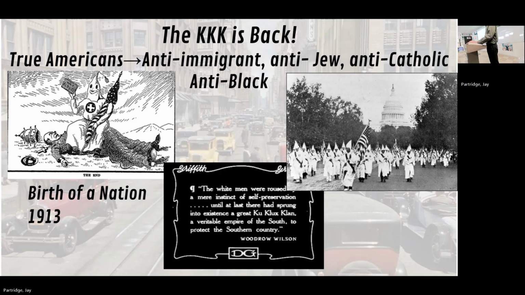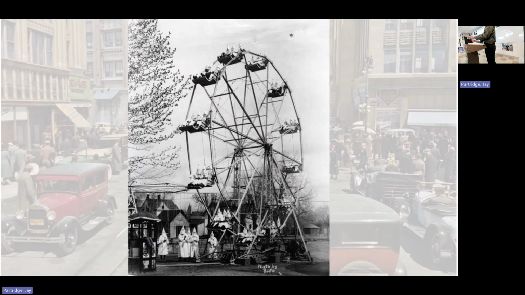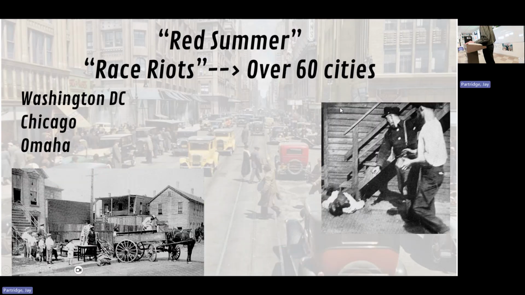So, what will this trigger? It is tied to the Red Scare. It's very much the same kind of people who were involved in the Red Scare are going to be involved in this. It's 1919 through 1921. Oh, forgot. I know you've been waiting for this picture, but now you get to see Klansmen on a Ferris wheel. You can now check that off your bingo card. I've now seen Klansmen on a Ferris wheel. I'm hoping for the storm, but that's just me.